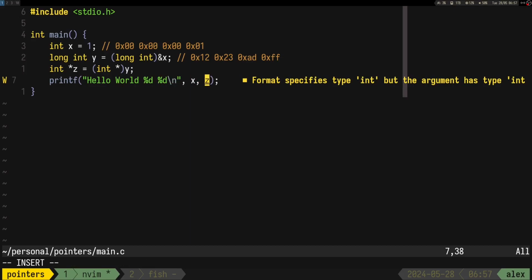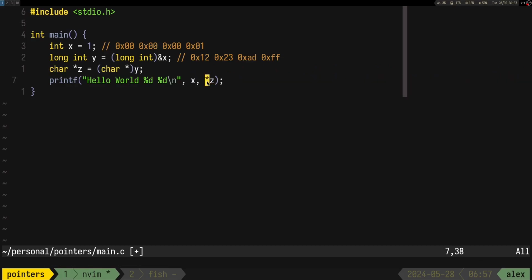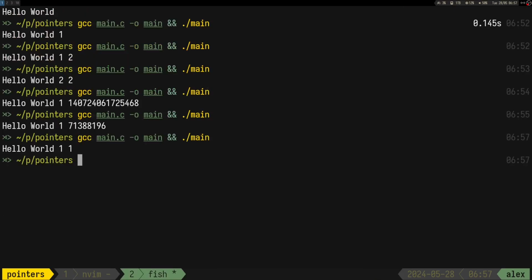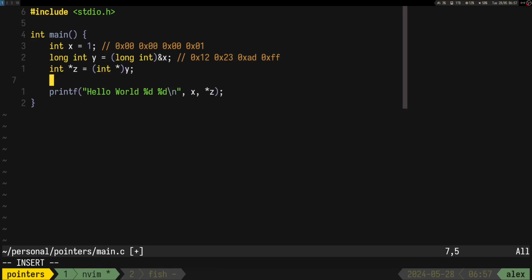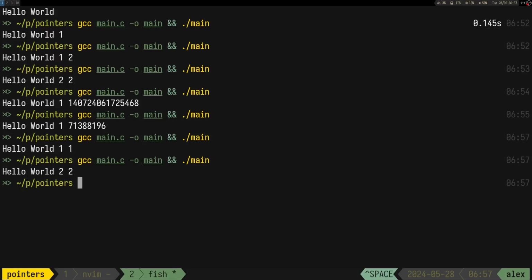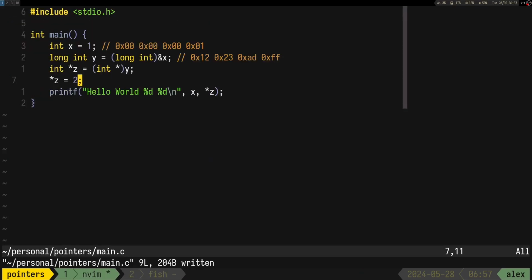Actually I had to, okay, let's use... right, it's gonna show us the same number because we print it as an int. But if we do something like this, it's still gonna change both of them. So yeah,